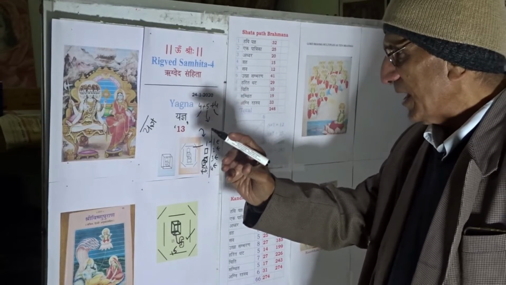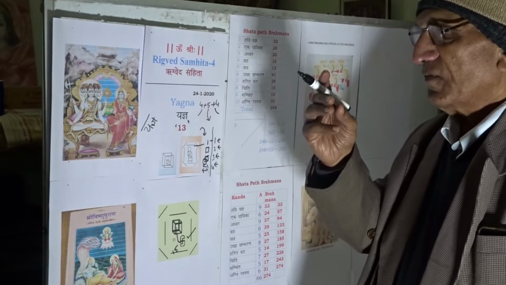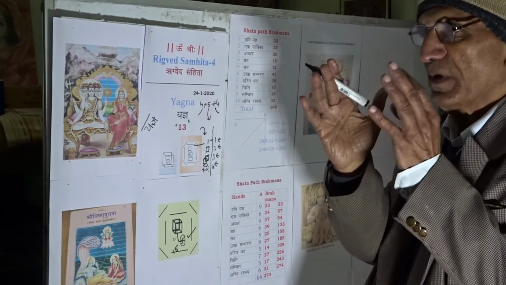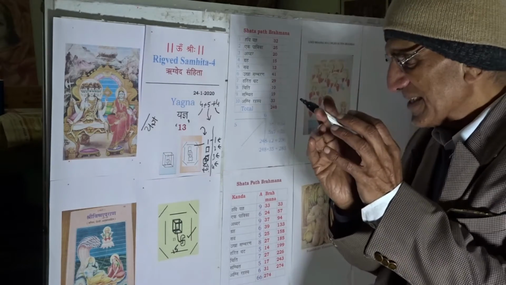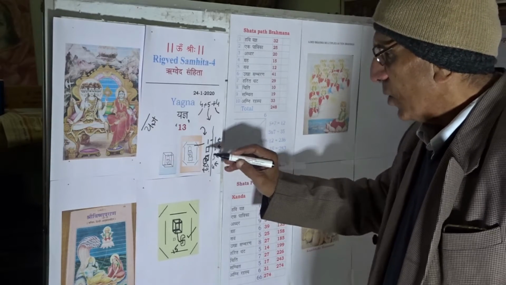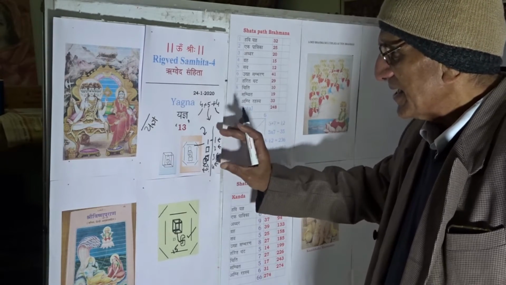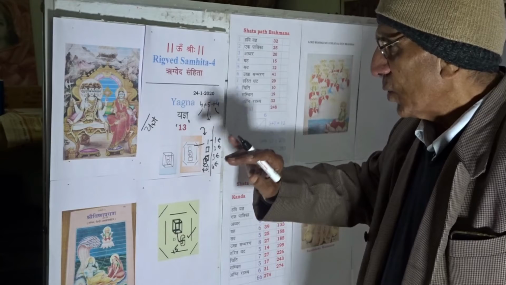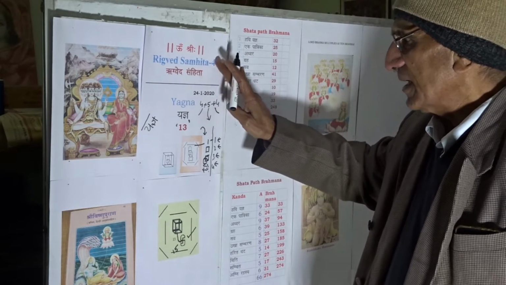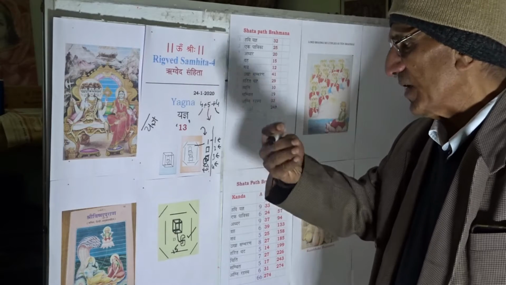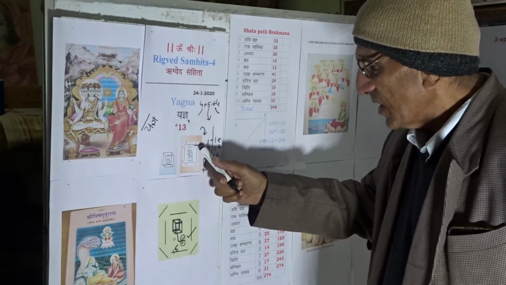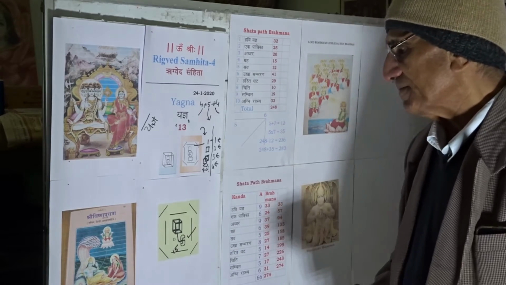What we have to learn, with which we have to be initiated, for which we have to be face to face with, is the origin of a 4 space. Origin of a 4 space is 5 space. So to be parallel to Rigved Samhita, we have to be face to face with the origin of a 4 space. Origin of 4 space is a 5 space.